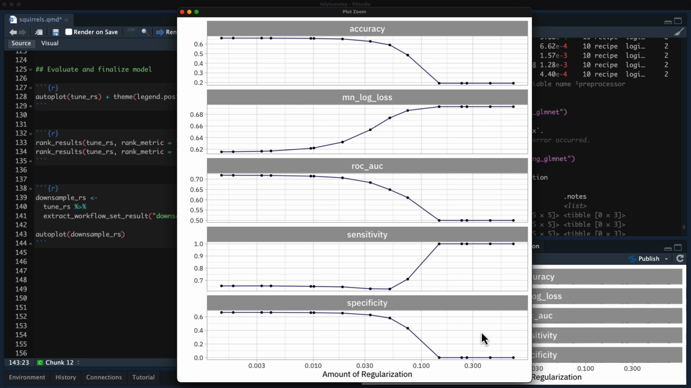So which of these regularization parameters do we want to pick? We could pick the best sensitivity, but then we would get 0 specificity, which is kind of the opposite problem of what we were trying to avoid to start with, perfect specificity and 0 sensitivity. We could go in and pick the best accuracy, or log loss, or ROC AUC. That seems like a good option to me, to use one of these 3 metrics to choose the best